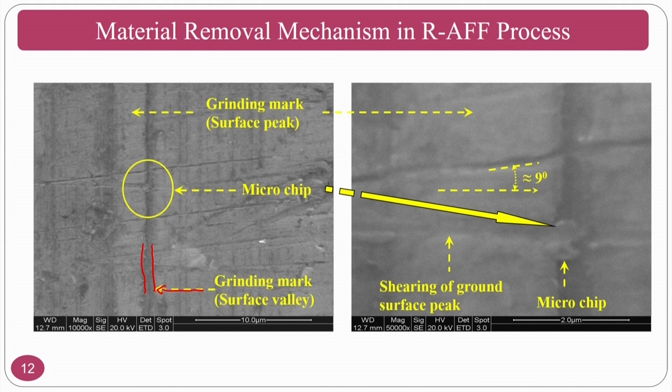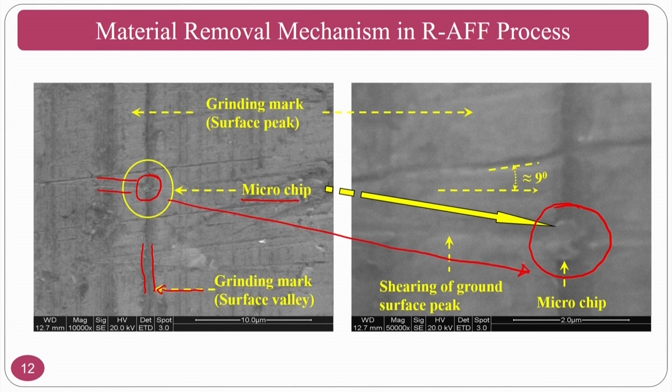If you are giving rotational motion also, some of the abrasive particles, a minimum number, may still travel in a straight line, because there will be viscous losses and elastic losses and other things. 100% may not follow the rotational motion, because of which you can see some inclination is given here and the chip is formed here. This is called a microchip. If you enlarge it, you can clearly see that this portion is sheared and formed a microchip here. The same thing is shown in this image also.